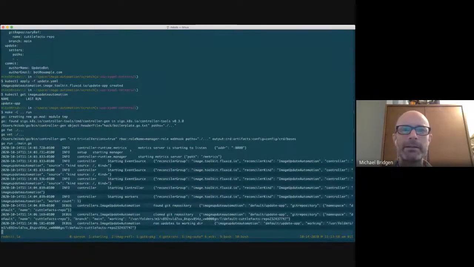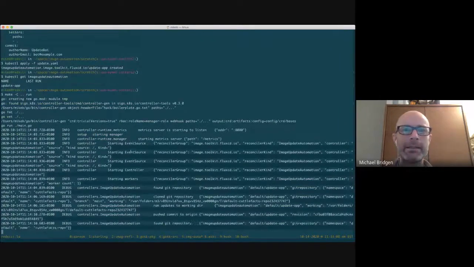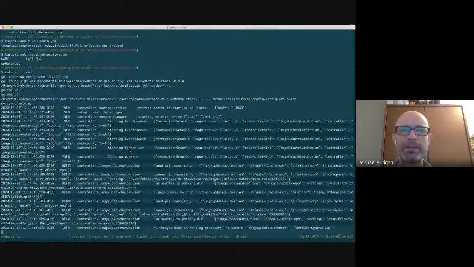Okay, so it found and cloned the Git repository. It made some updates. It pushed a commit. Okay, and then it grabbed it again, and there weren't any updates. That last log line there says that it tried to update stuff, but there weren't any changes to make. So hopefully that means,